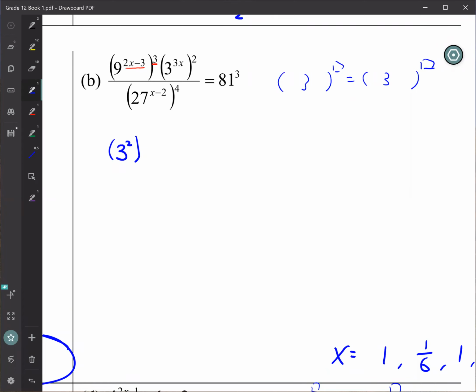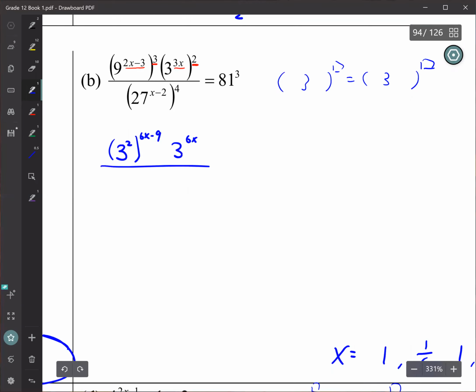So that will give us 6x minus 9, right? And then same with the second part, I could also simplify these two. That will give you 6x. Okay, and the same thing, 3 cubed, that's 27. And I'll simplify the exponent here. That'll be 4x minus 8. Other side will be 81 is 3 to the 4, right? Cube. Okay,